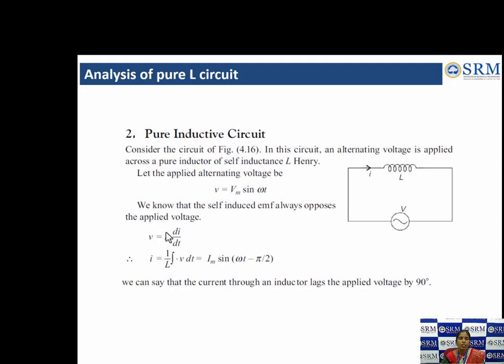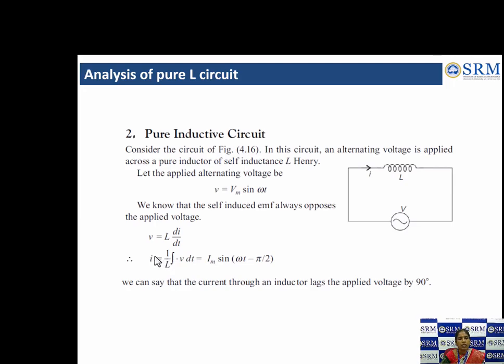So small v equals L into di by dt. If I want to find current, since it's a differentiation, I have to take the integral: 1 by L integral v dt. So we know that